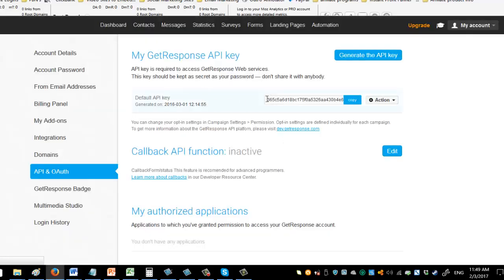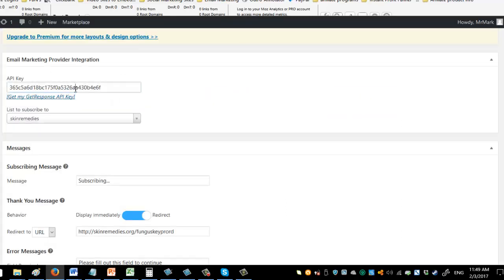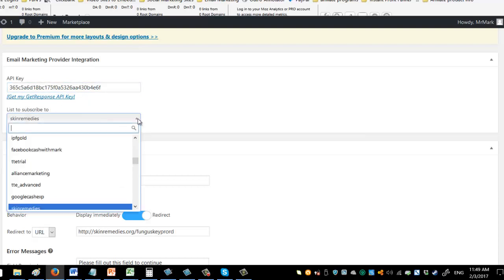Okay, and then it takes me to my API. So I want to copy this API right here. Okay, copy that and then go ahead and paste that into this field here. All right, once you've done that, this will populate, and then you want to click on the down button and